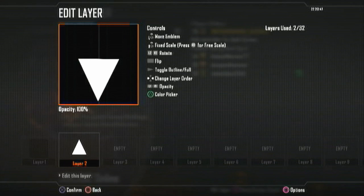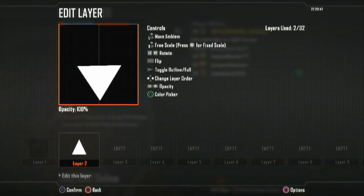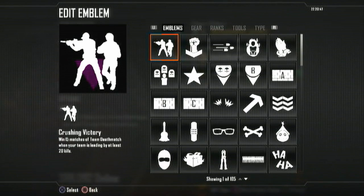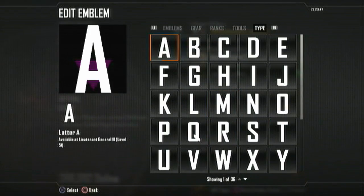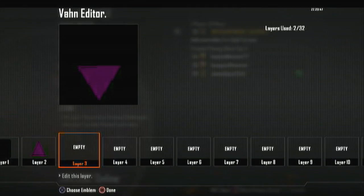What you want to do is turn it upside down. You want this longer end facing that way, and you are going to try and get the right size. You kind of see where the top of my triangle meets the middle of it, so we're going to at least sit off right there and see if that'll be good. Let's grab two more triangles, for the chin or the side of the